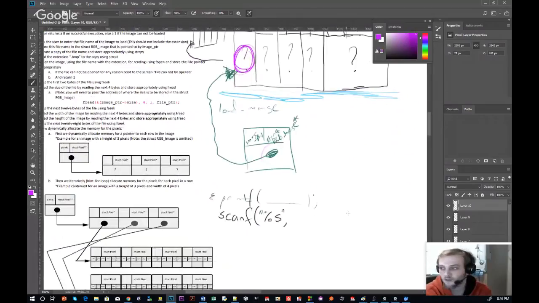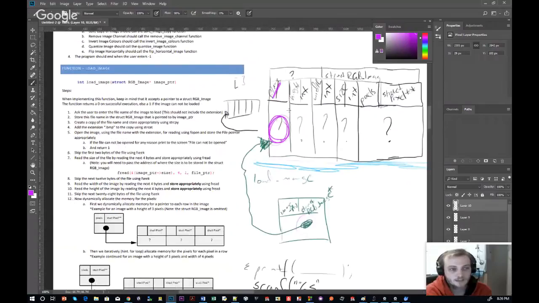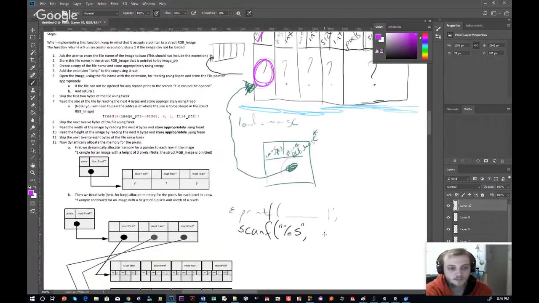Keeping in mind that this is already a pointer, I don't need to specify its address. So I'm going to write image pointer, use the little arrow, because I need to dereference this, and then I can just use